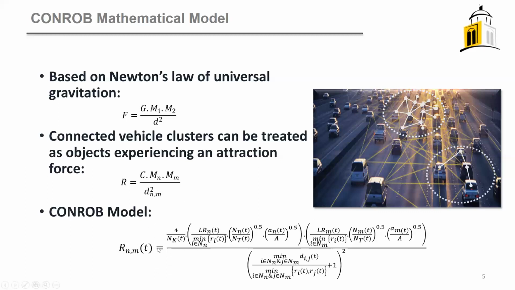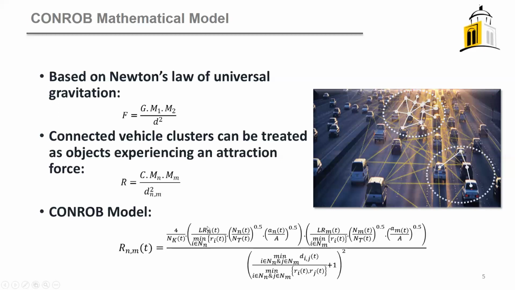So the connectivity robustness between cluster N and M equals the reciprocal of the number of clusters in the network at this time t. Of course, the fewer the number of clusters, the more robust the communication would be, because this means that we have more vehicles communicating with each other in the same clusters. This is multiplied by the mass of the first cluster, which is